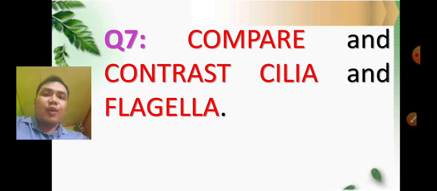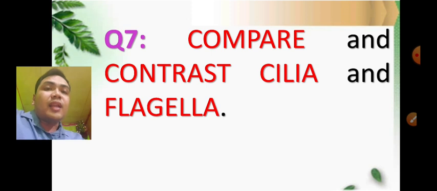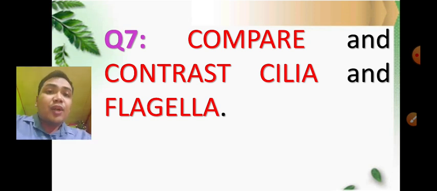So, for the continuation, let's try to discuss flagella. So, flagella, plural, then flagellum for singular. So, last time we've mentioned that flagella and cilia are similar to one another because both structures consist of microtubules, one of the major proteins or fibers of the cytoskeleton. And then another one is that they are similar to one another in terms of their function because both structures can be used by the cell for movement. Okay, so that they can move from one place to another.